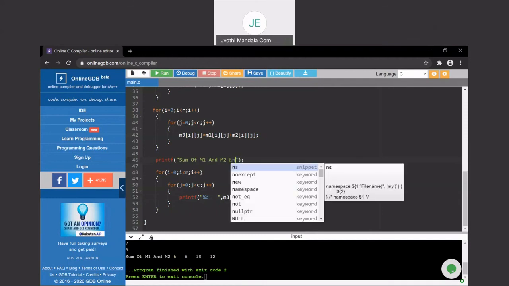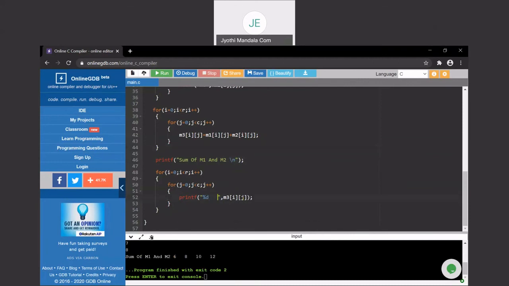So I will be putting slash n here. That is good. And between the values, for the first i value equal to 0, I am printing 2 values. For the next i value, I want to get the output in the next line. So simply I will be putting printf with inverted commas slash n. These are all for understanding purposes only, if you want to see your output nicely.